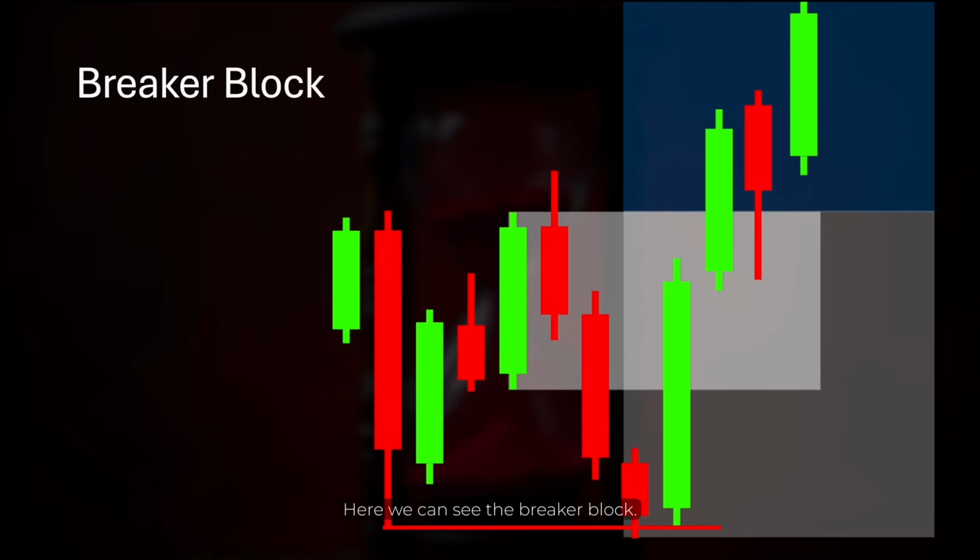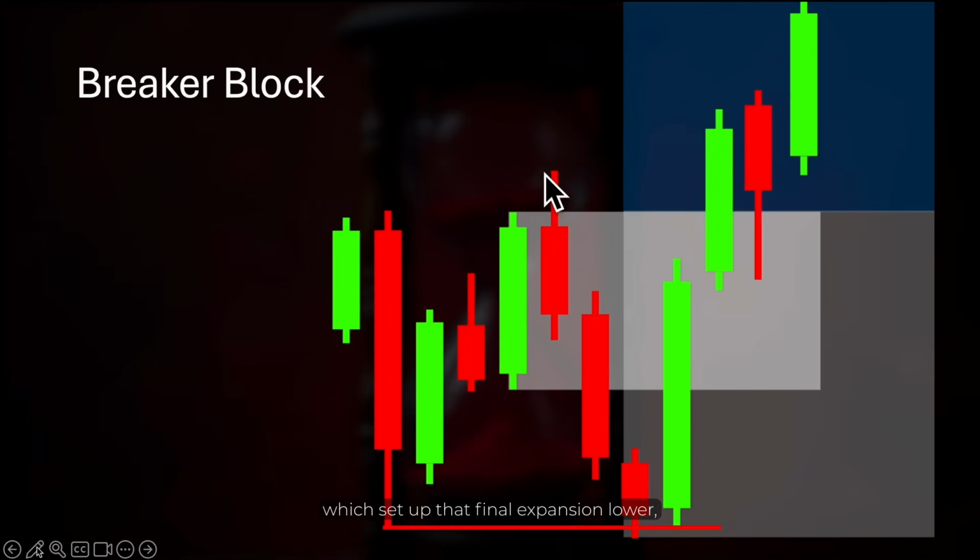Here we can see the breaker block. When it comes to the breaker block within a bullish scenario, it looks like the following. Where you can see that the market expanded towards the downside and we formed this low. A retracement occurred and we see the market form this high in here. The market then expands towards the downside one more time, taking out this previous low. When the market takes out this low and we see it then displace above this old high, which set up